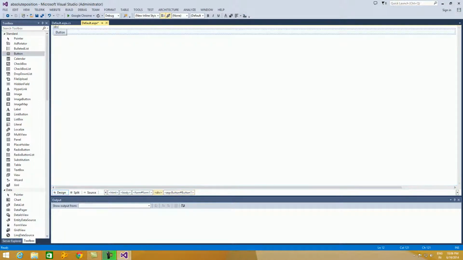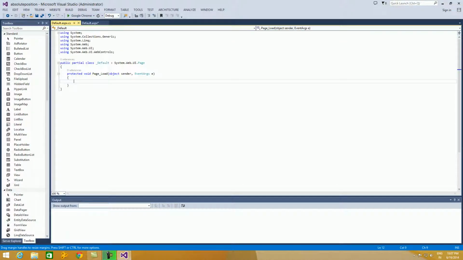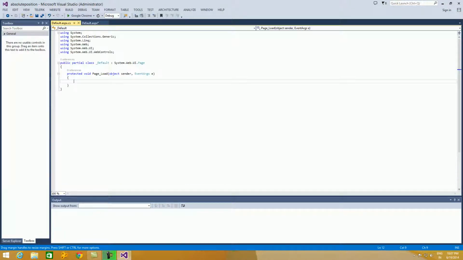You have to hold this ribbon above the button. So now you can move the button. See here, in this way you can move the button anywhere on the web page. So by setting absolute positioning, you can move the controls. Now let us try to add one more control, a list box. So again, if you try to move this list box, it moves only to the next line, not horizontally.